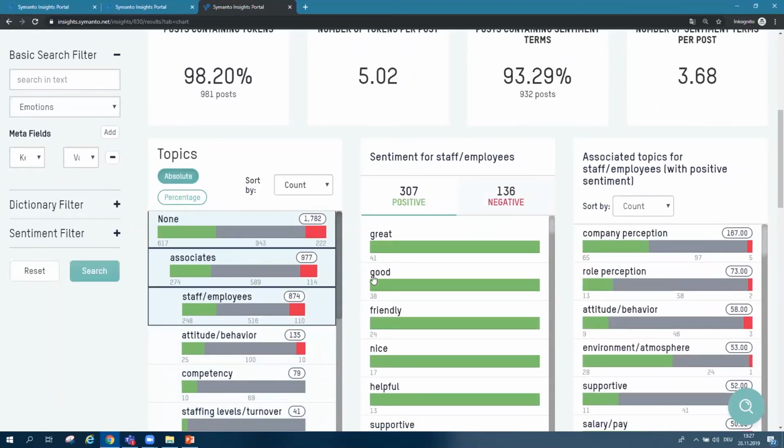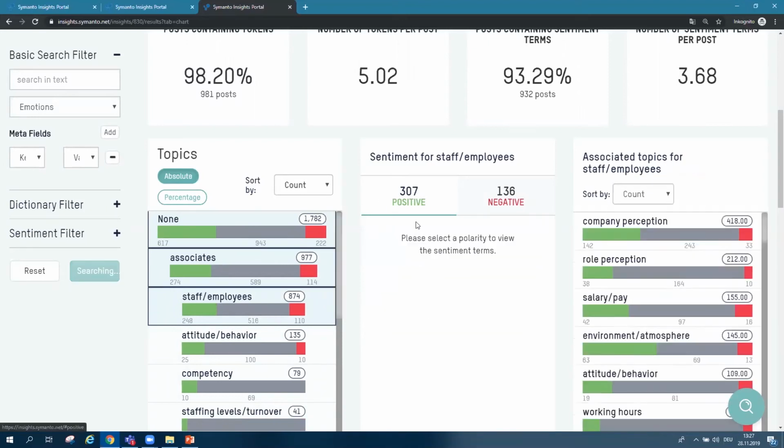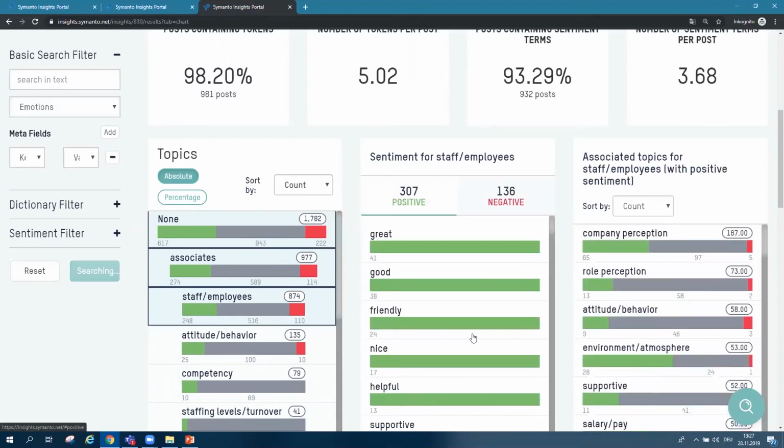When they talk about staff employees in a positive way, you see what else they talk about in this context. They very often talk positively about the company perception itself, the environment and the atmosphere, and that they are very supportive. And the role perception, what kind of role they have, is something they really perceive as positive, together with staff and employees being positive.